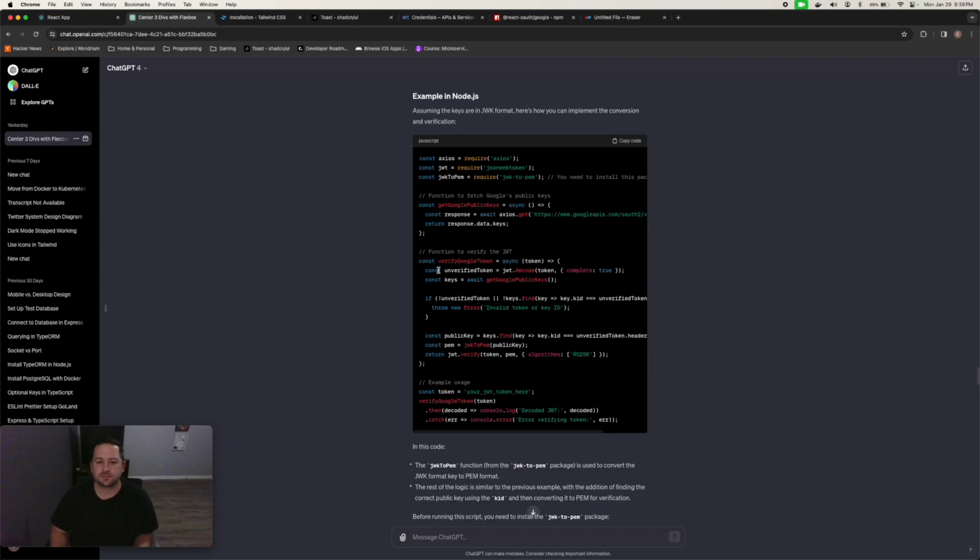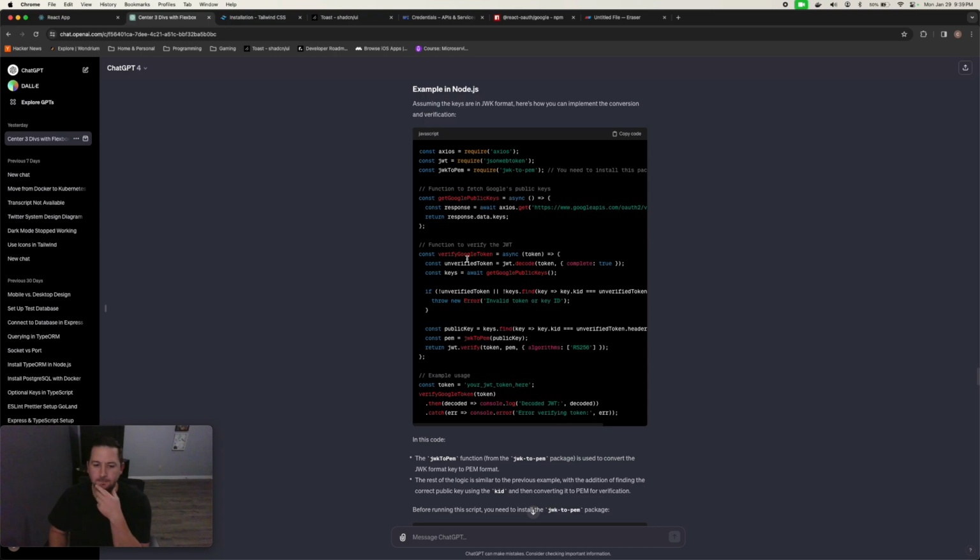But at a gist, this is going to be our verify function essentially. We're going to take the token, or we can call it the credential, and decode it, and we're also going to get the public keys from Google. If we can't find either of those,